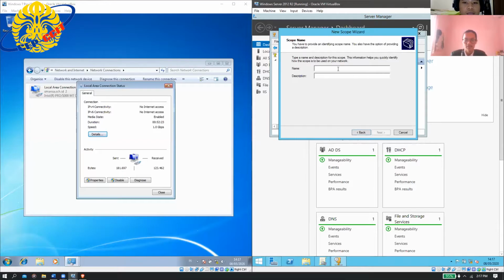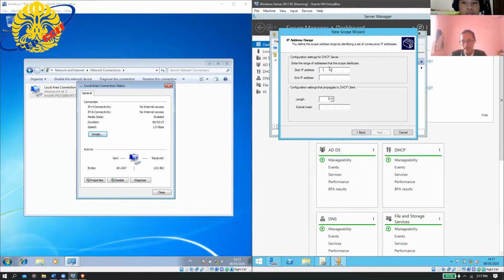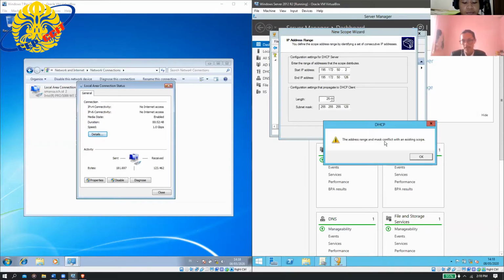Fill the text field with client. Start IP address is 105 until 126, which is 125 users, and you can click next until completed.